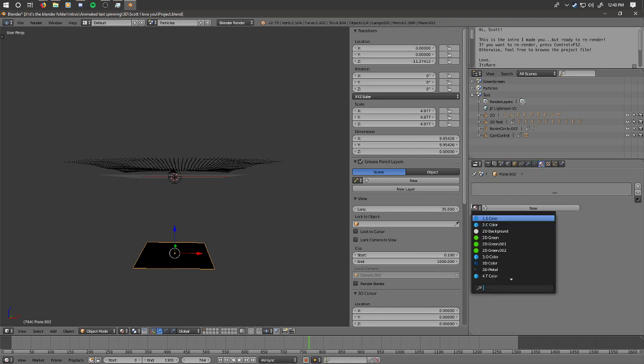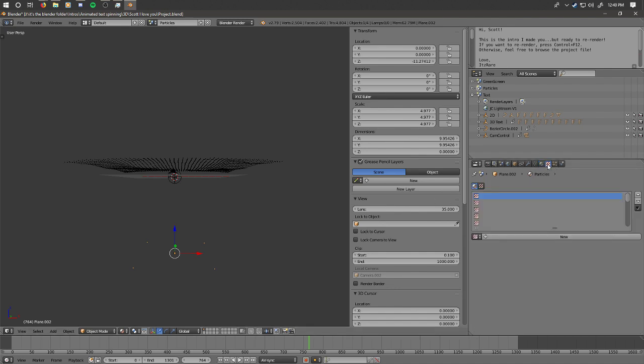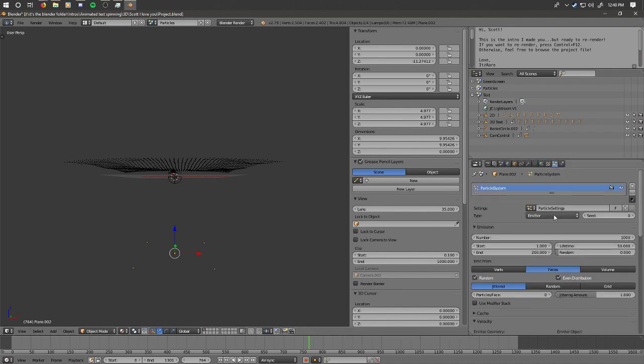I'm gonna give this the halo material, so particles. Now I'm gonna give this thing a particle system, being an emitter.